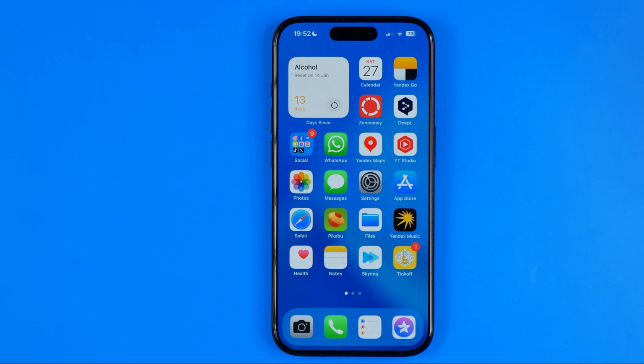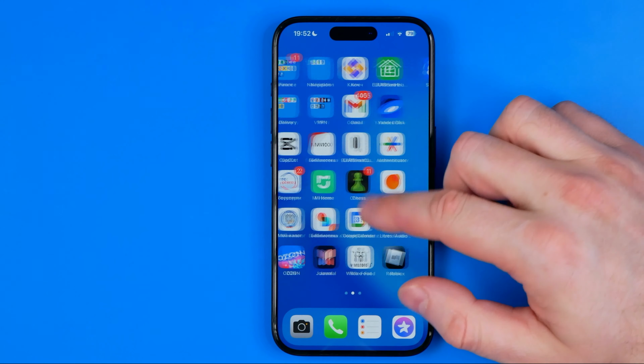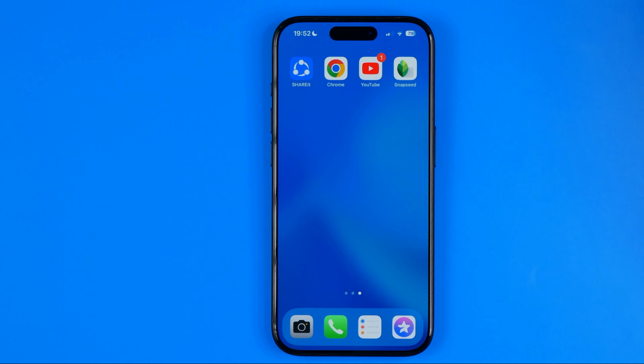In this video, I'm going to show you how you can easily uninstall or delete apps on an iPhone. Be sure to watch the video to the very end so you don't make any mistakes. Let's get started, guys. I'm gonna show you all the process from the beginning, and the process actually is very